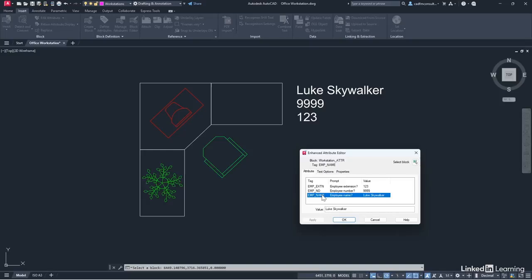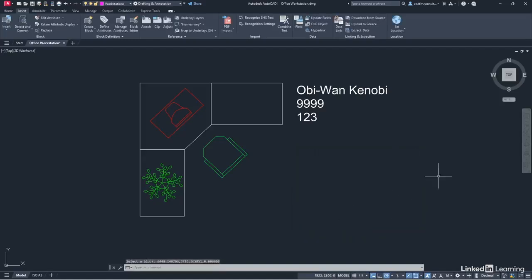So I can edit the actual values. So the employee name may change. So it's not Luke Skywalker anymore. Let's say it's Obi-Wan Kenobi this time. So we'll pop that in there like so, Obi-Wan Kenobi. And that'll change accordingly. I'll apply that, I'll OK it, and as you can see, it updates accordingly in the